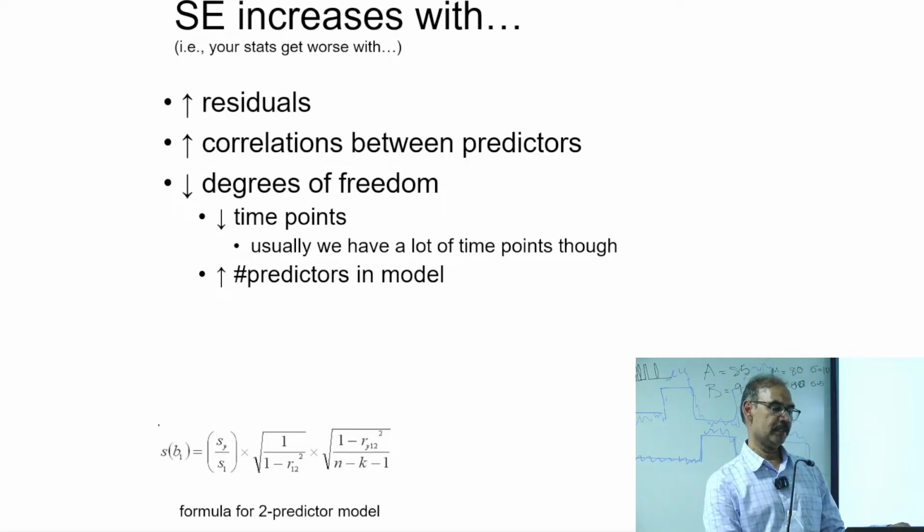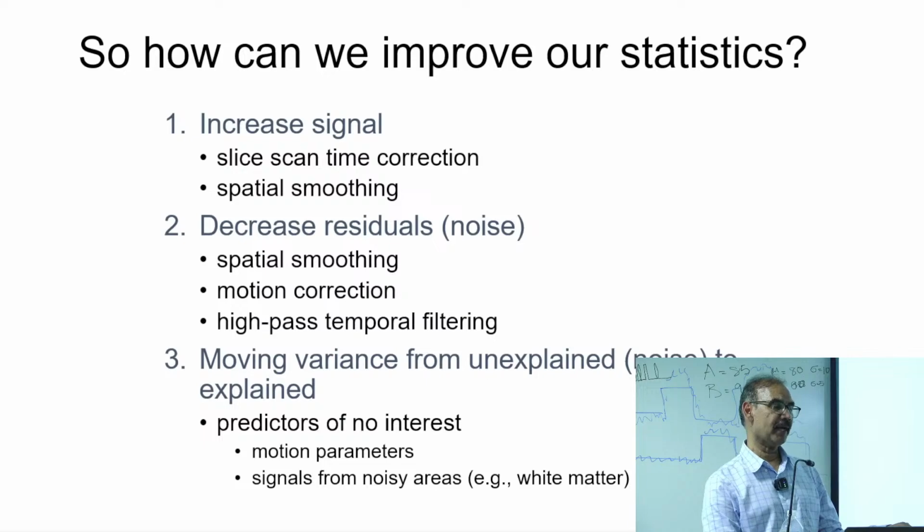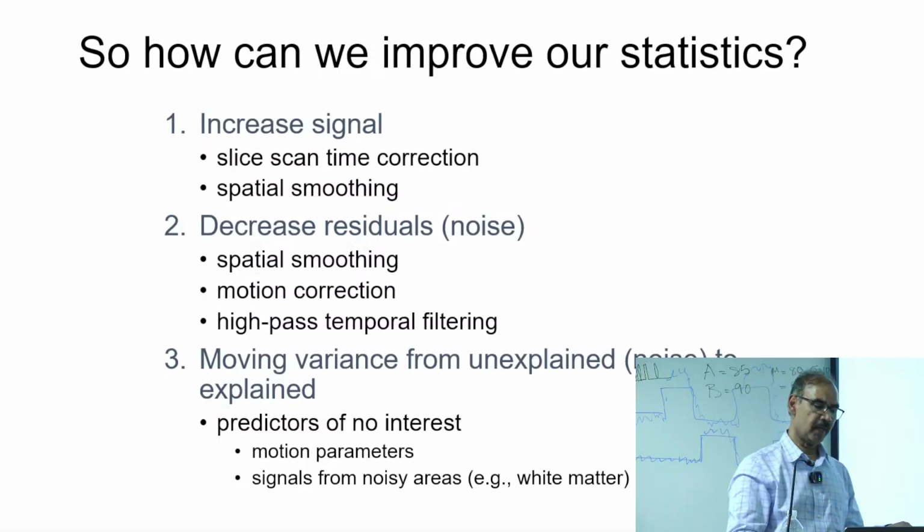One way is slice scan time correction. We had discussed before how the data is collected, like 1, 3, 5, 7, 9, and then 2, 4, 6, right? So in that way,